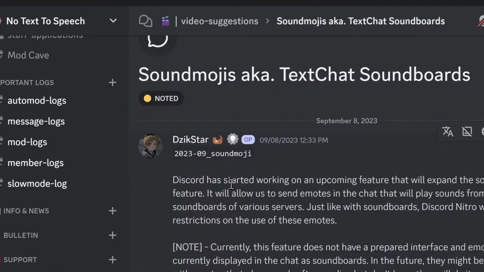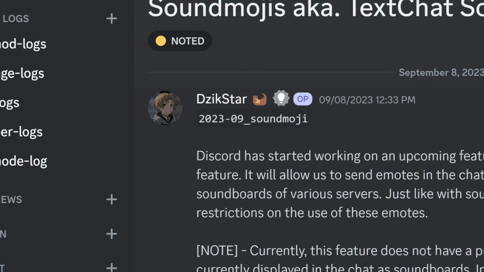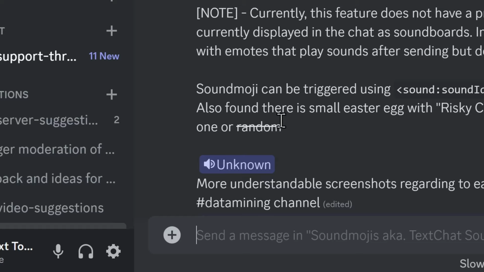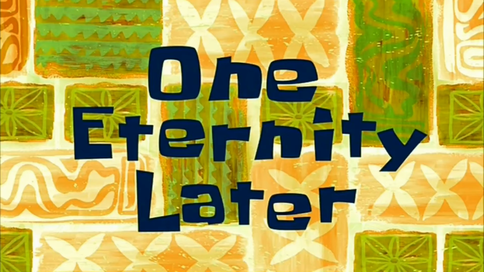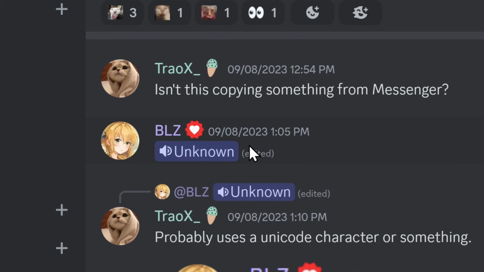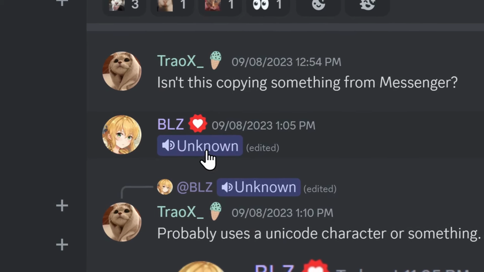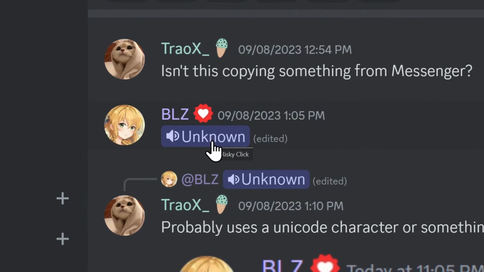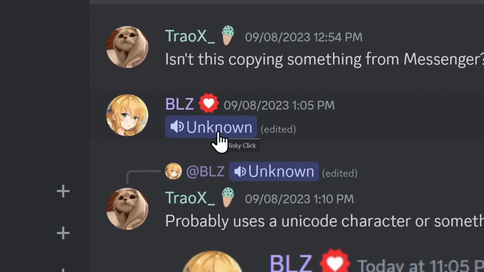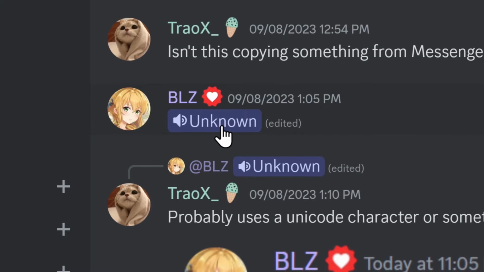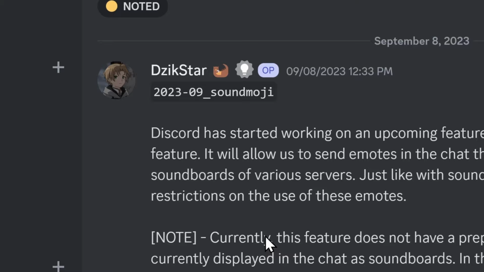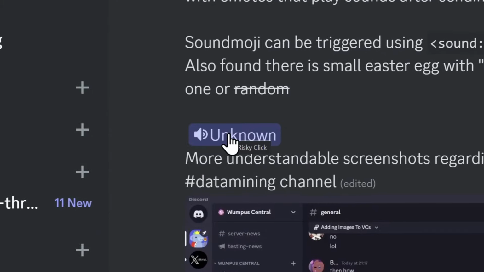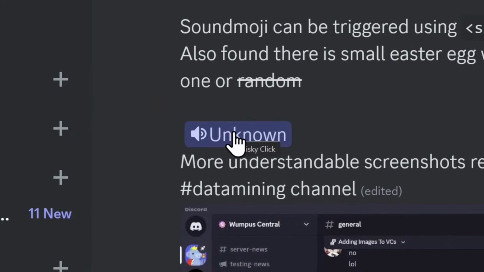When I got sent this sound emoji thing in my video suggestions channel on my cute little Discord server, the Zixstar showed me this unknown sound. Now, here's the thing. Normal sounds, if I restart my Discord for a second. One eternity later. Now, when you restart Discord, those sounds disappear and they turn into unknown. And it's because they're not loaded in yet. And I don't know if this is intentional or if this is a bug, but when they're not loaded in yet, you need to click on the sound to load it, and then it'll play the cat emoji. But this little goober here got me done diddly good, because when I clicked on unknown to figure out what sound this was,